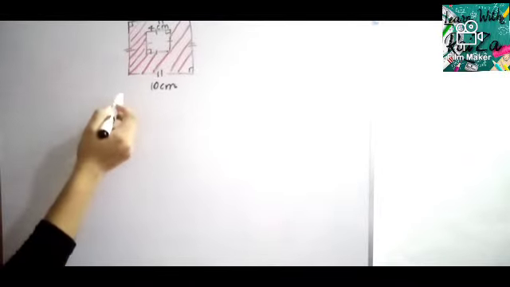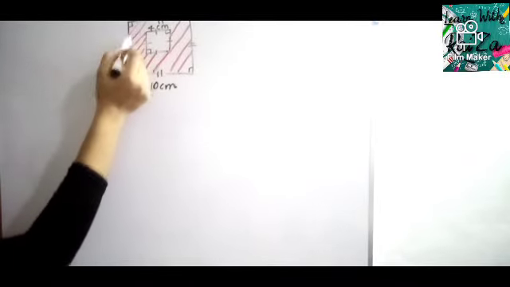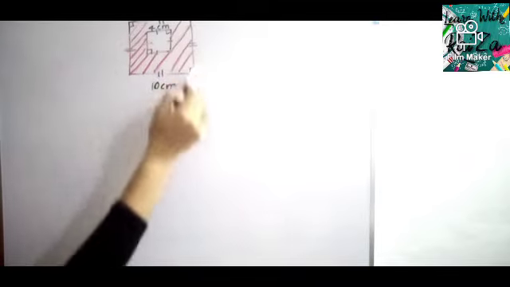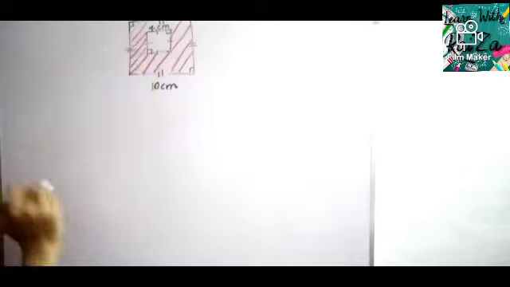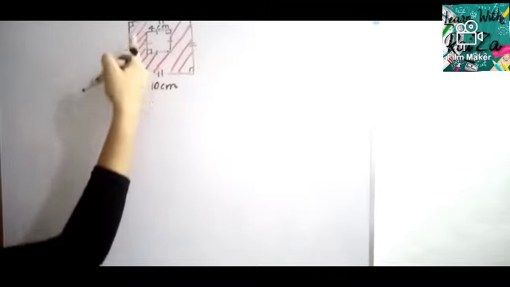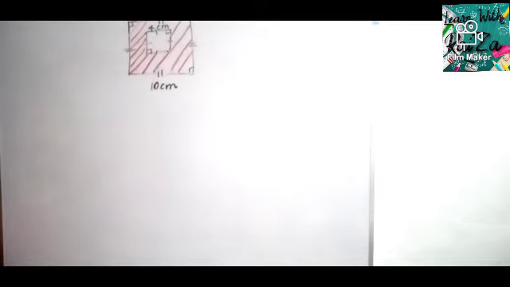Okay, now this is another question. In this question, what are they asking? The shaded portion area. Okay, they are asking us to find the area of the shaded portion. Very similar to the previous question, but easier than that, because that question was an incomplete figure. In this question, a bigger square is given and inside that a smaller square is given. Just think of this as your house and the window inside. They are asking you to find this area. Can you see the red color portion?